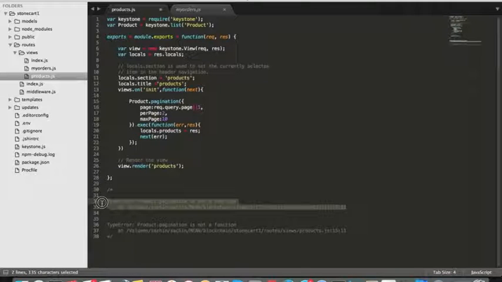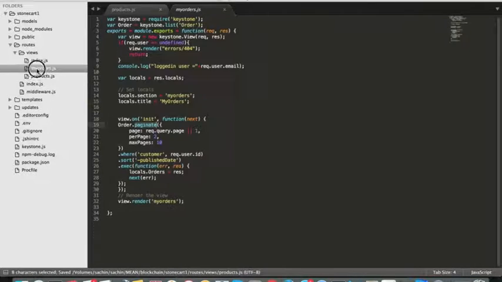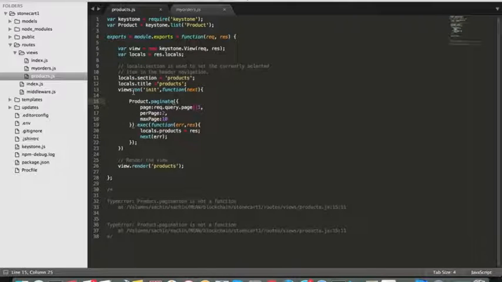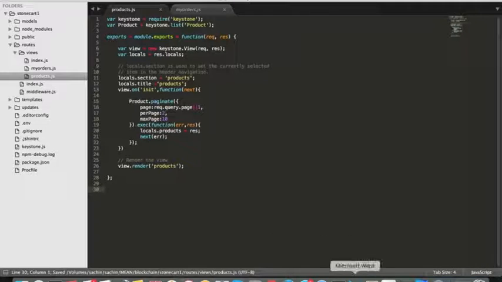Pagination is not a function. Okay, so actually it is paginate. I think this views should be view because it is here. Okay, I just built it,